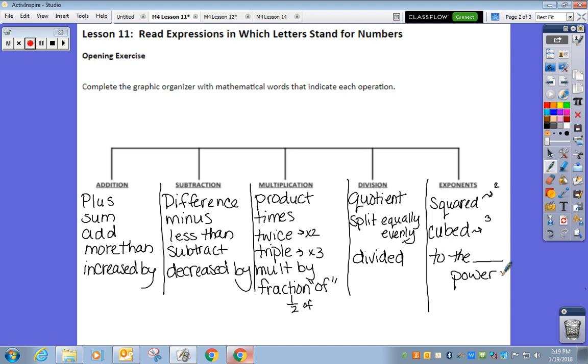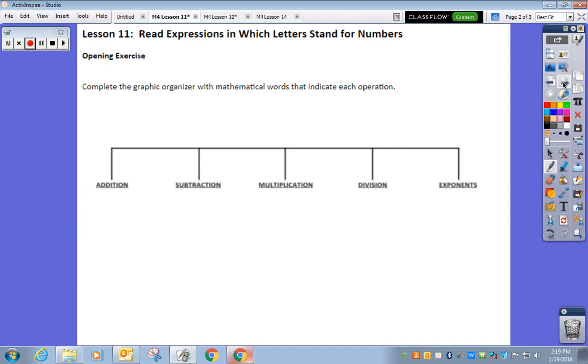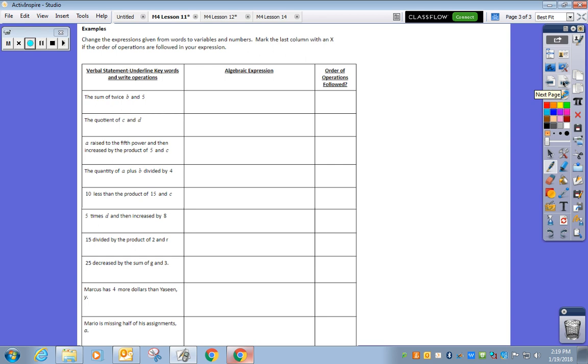So we're going to be given some verbal statements, and what we're going to do is rewrite them using numbers and variables. Okay, so on your paper you have a table. In the first column, it's giving us the verbal statement. It wants us to underline keywords and write operations that those keywords are showing us. Then we're going to write it algebraically, so that means we're going to put it with numbers and variables,